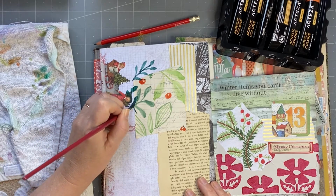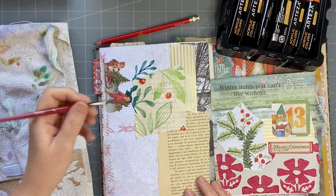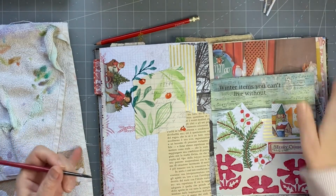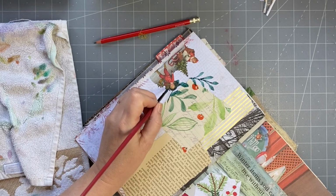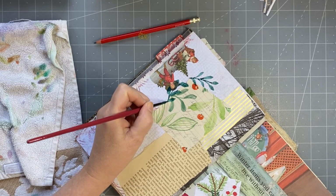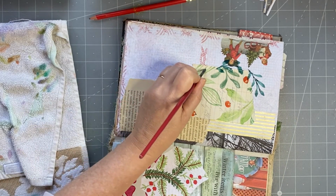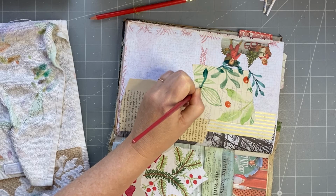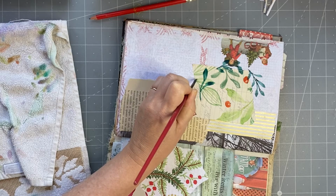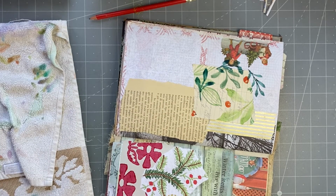And this is, I'm painting on paper that's been printed on the inkjet. Nothing bad seems to be happening. I have to turn my book around. So I'll just do a few of these. I'll just start there and then go like that. It's a bit thick. I'm not going to worry about it because I think by the time you...